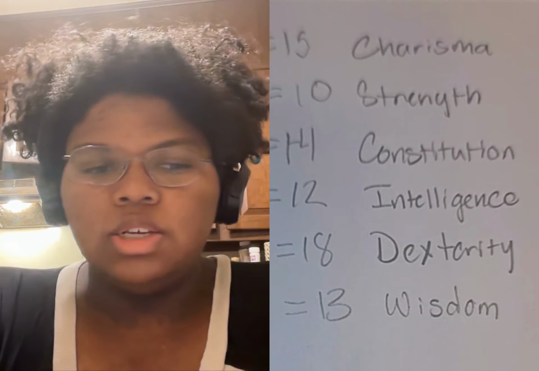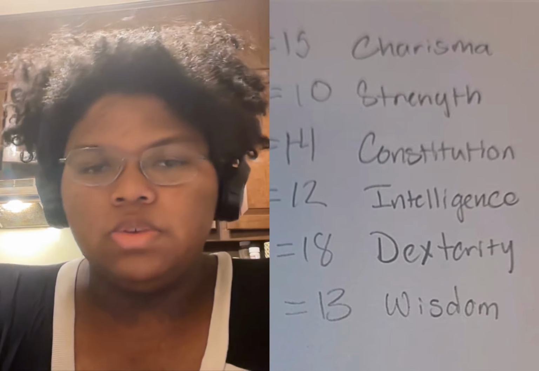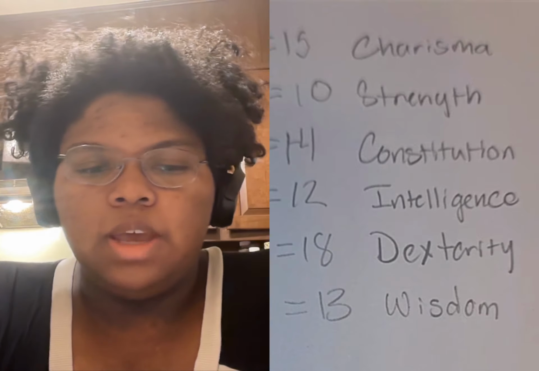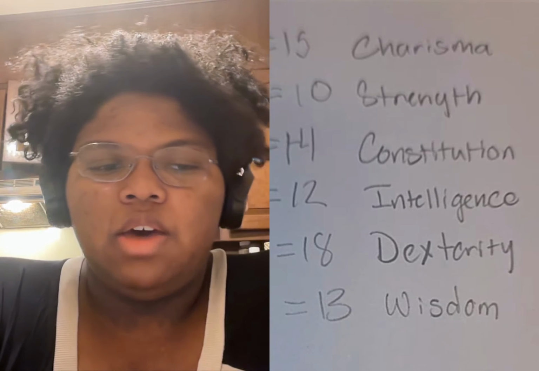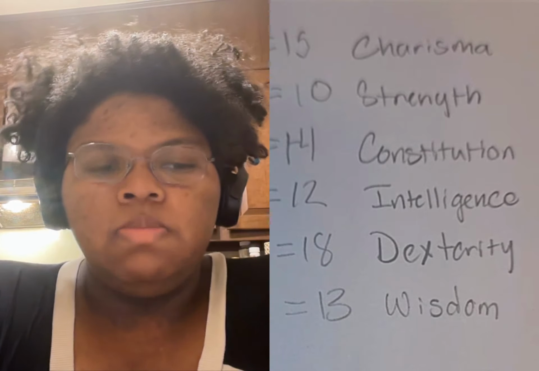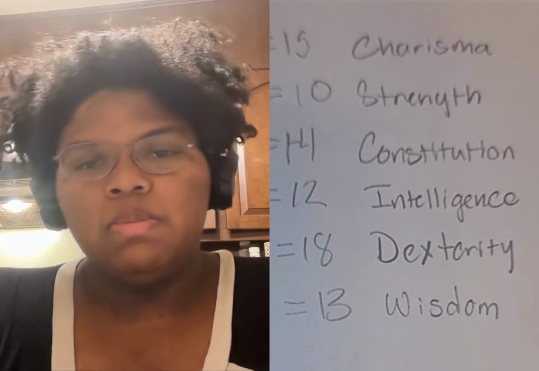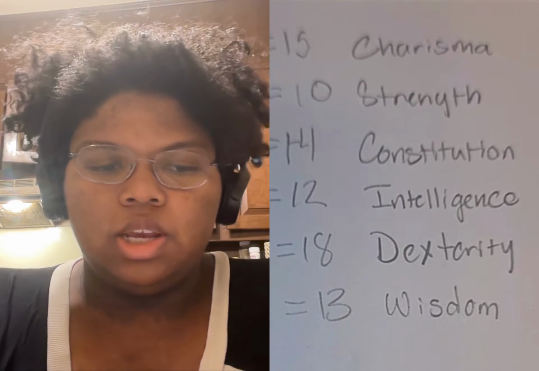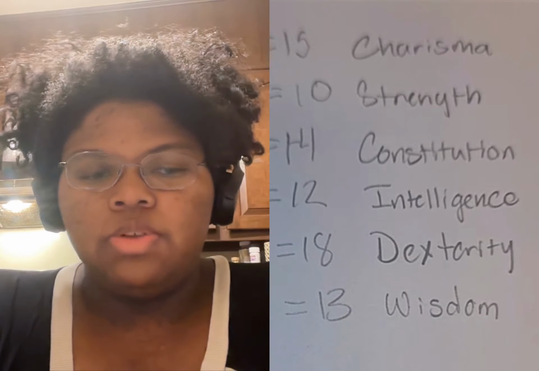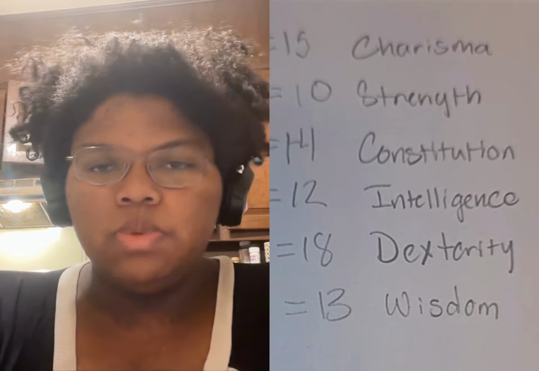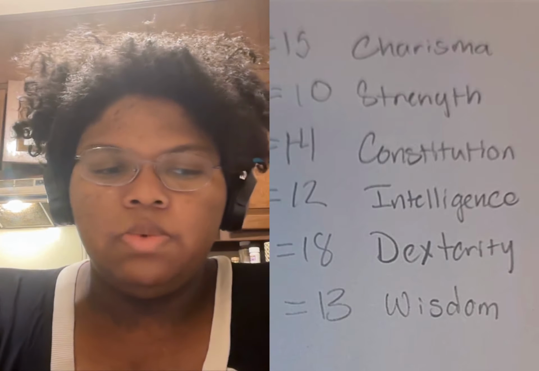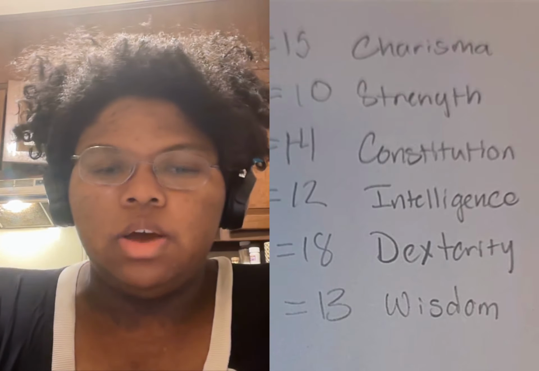So, the 18 will go to dexterity, 15 in charisma so they can bluff their way out of trouble, 14 in constitution so they can have higher health, 13 in wisdom, and 12 in intelligence so they can be above average in their mental abilities, and 10 in strength since they can leave the heavy lifting to the barbarian. But these won't be the final ability scores, and we'll come back to them once we use our other 2